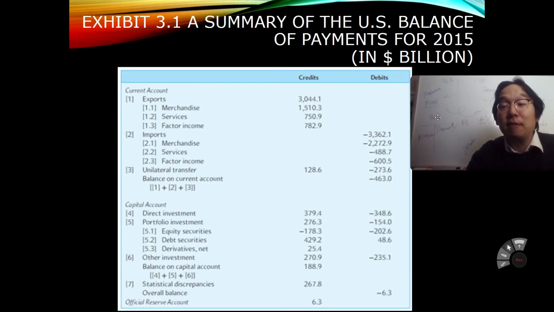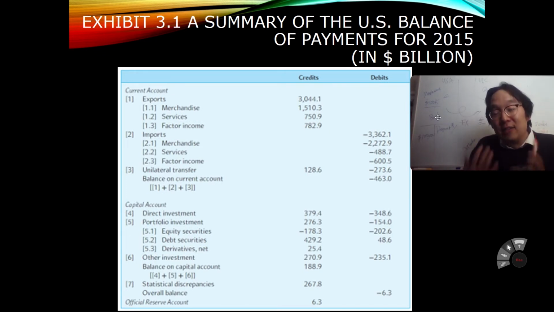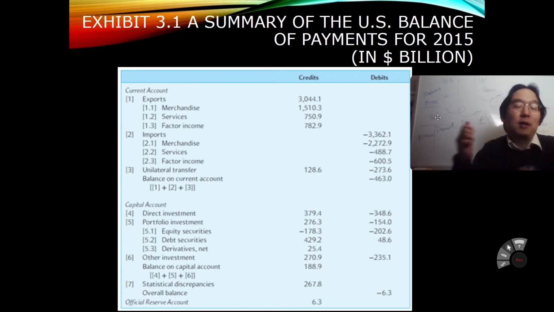One interesting thing in this textbook is that the textbook authors are not accounting guys, okay? Which is good because I'm not an accounting guy either. But one symptom of that is that their debit and credit columns are flipped over here, okay? Credit comes first and then debit comes next, which may screw up your mind a little bit, but don't get confused, okay? The whole idea should be the same. The debits column should have been on the left-hand side, okay?